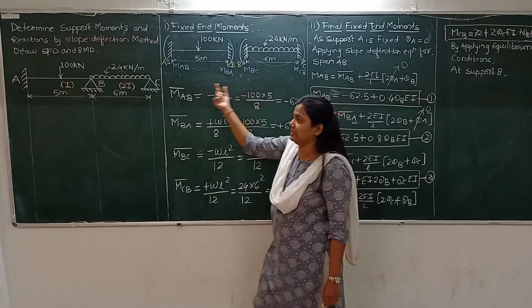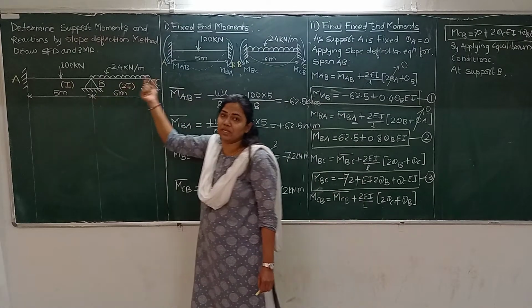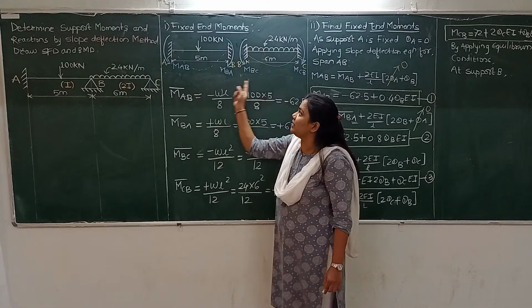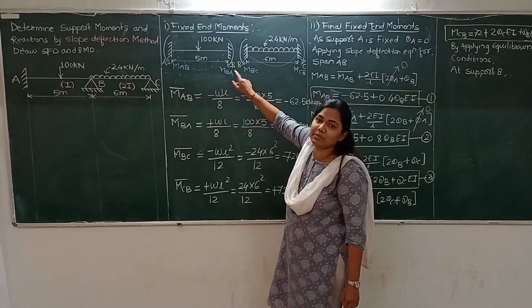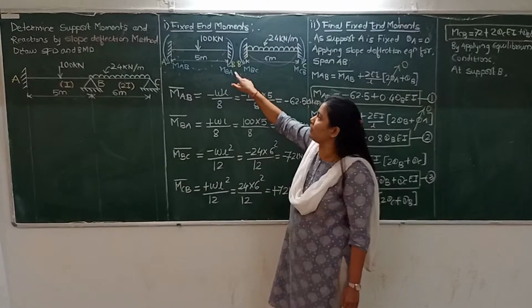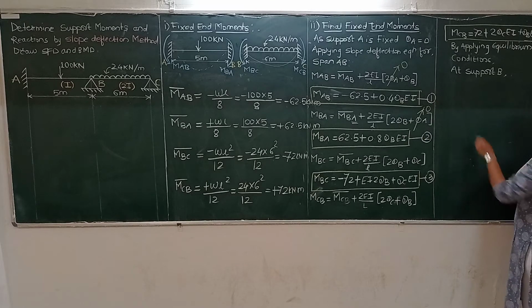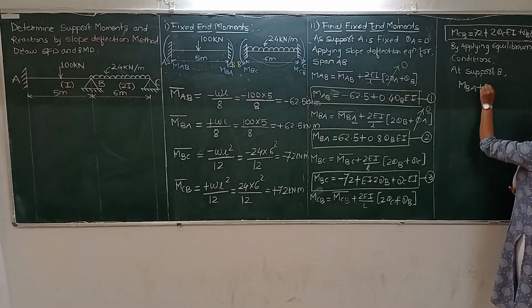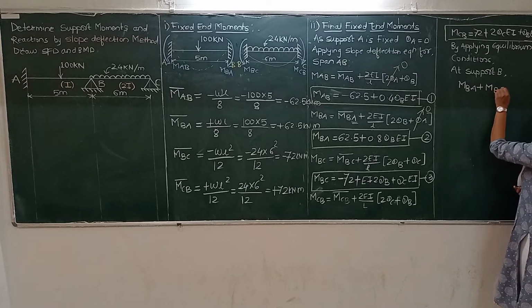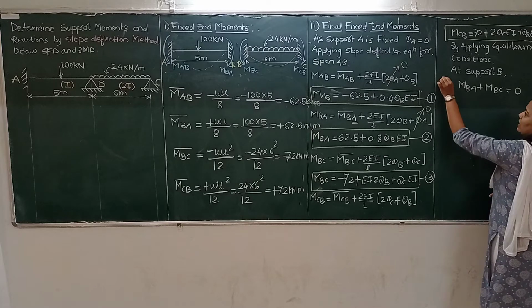We know that at intermediate supports the moment value becomes 0 at that point. So the addition of these two moments should be equal to 0 as per the equilibrium condition. So MBA plus MBC is equal to 0. This is our first equilibrium condition that we can